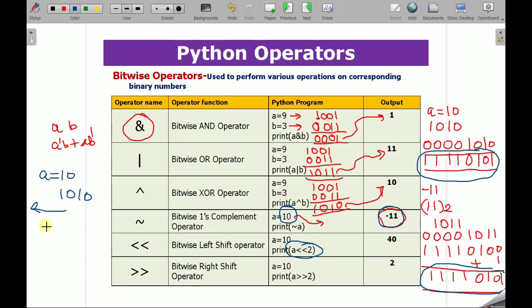When you shift this binary number to the left, you will get 1 0, and at the end you will have 0 0. So it is shifted by 2 places. Now converting this binary number into decimal, you will get 40.